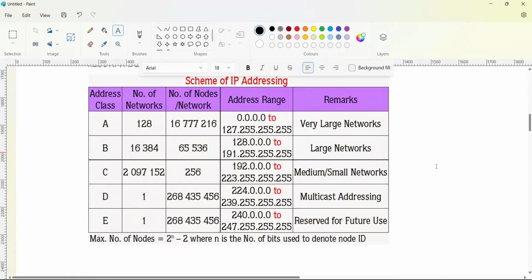So in class A, the range starts from 0.0.0.0 and goes to 127.255.255.255. The class B range is 128.0.0.0 to 191.255.255.255. And the class C range starts from 192.0.0.0